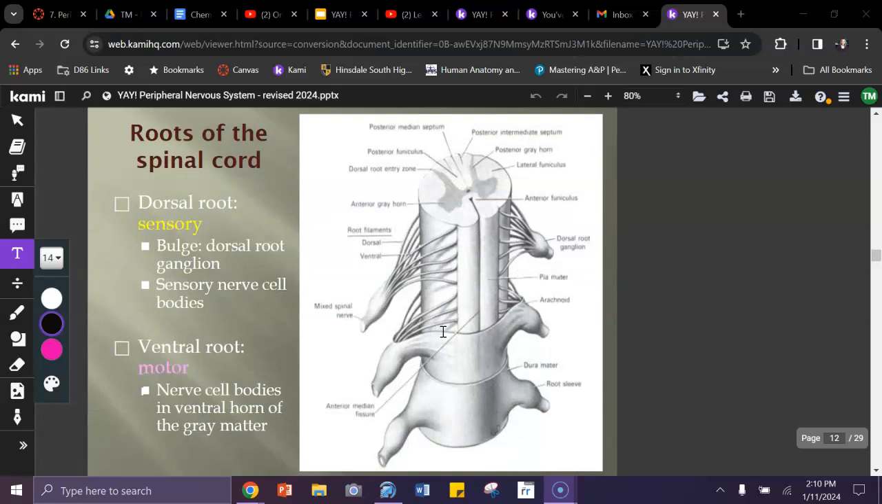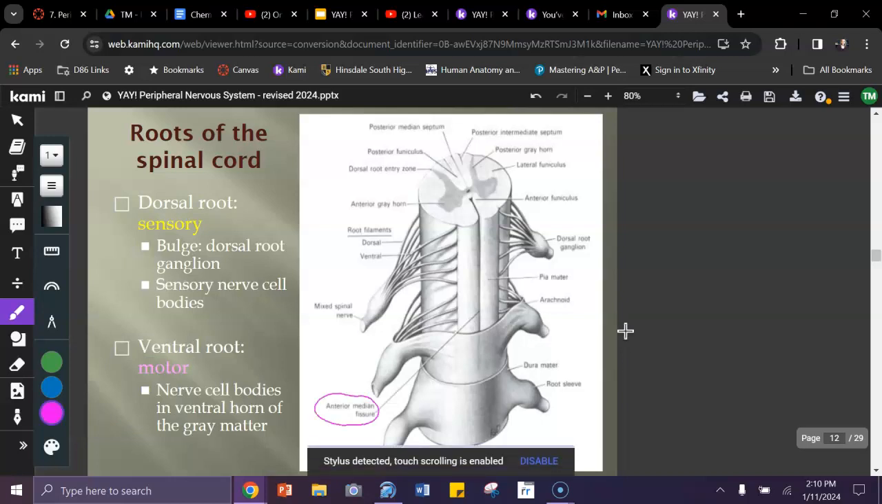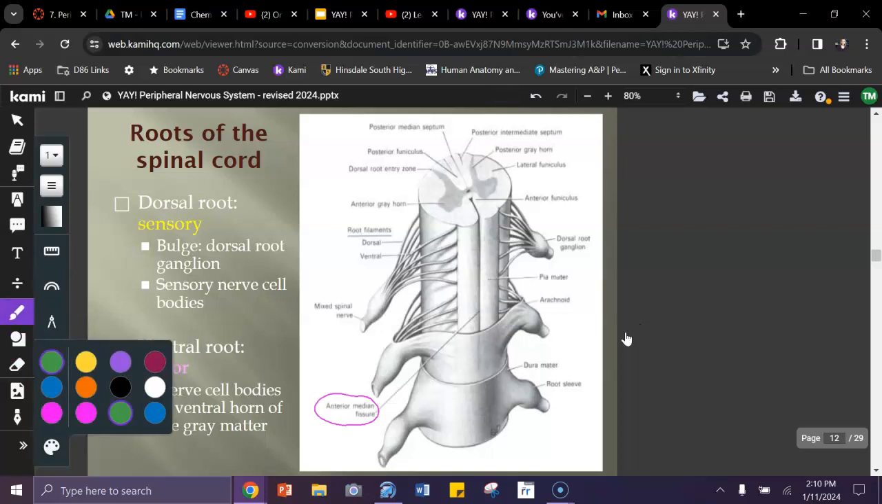All right, moving on to the next slide. Here you've got a picture of the spinal cord, and I believe that you have seen this picture previously. Here we have the anterior median fissure. So this side here is the anterior aspect of our spinal cord. And I just wanted to remind you of a couple of things about the different roots. So for instance, the dorsal root, which is right here,